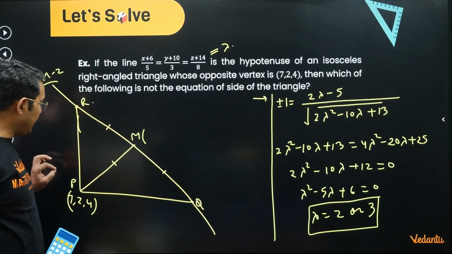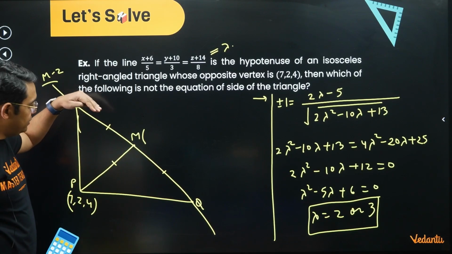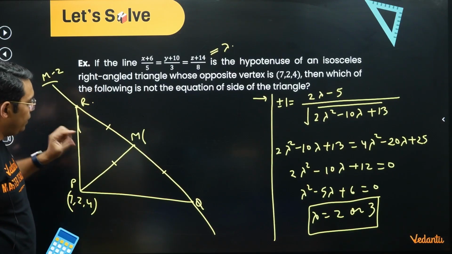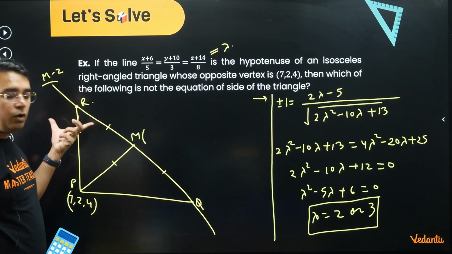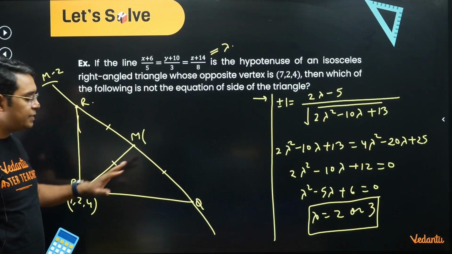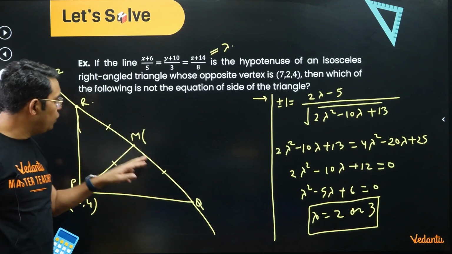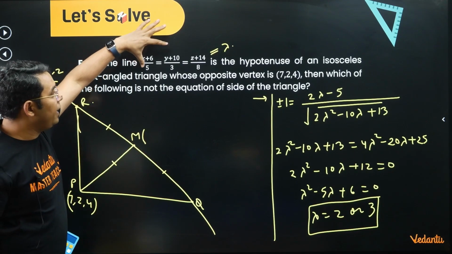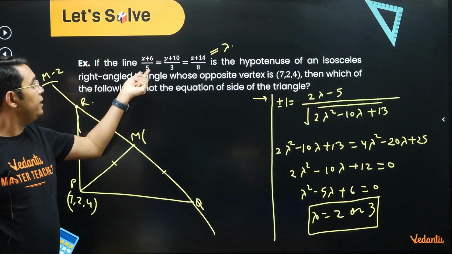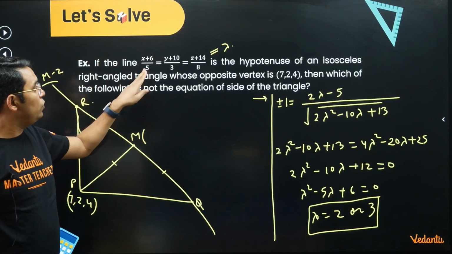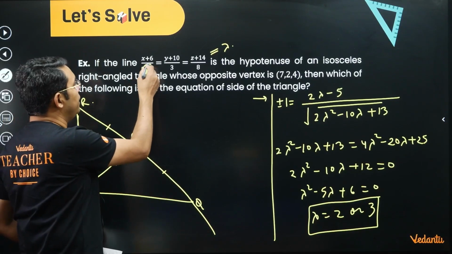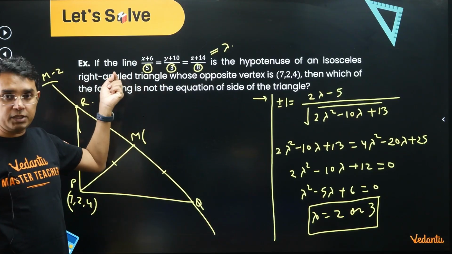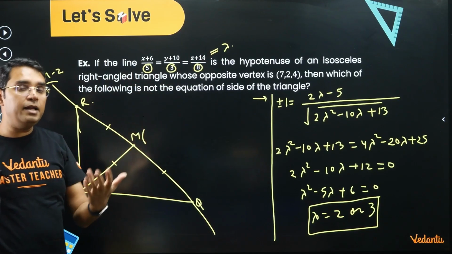Okay, so what I said: start with P, take the foot of perpendicular on this hypotenuse as M. Now PM, MQ, MR, all three distances will be equal. These three distances will be equal, MP, MQ, MR. Then write this line with direction cosines in the denominator, not direction ratios, because if you put direction cosines here, you just need to divide by their magnitude, that's it. So if you take direction cosines here, then this lambda directly gives you